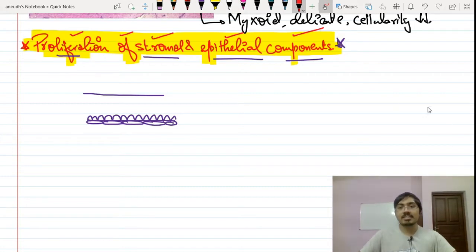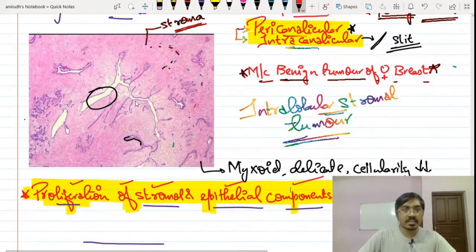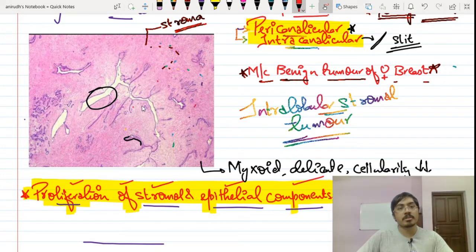We are having these kind of ducts, isn't it? Canaliculi can be seen over here, isn't it? The glandular component can be seen over here. These are the canaliculi definitely. Whatever is lining these canaliculi, these are called by the name of the epithelial component. So there is a proliferation of not only the stroma but also the epithelial component. This is what is meant by the word proliferation of stromal and epithelial component,